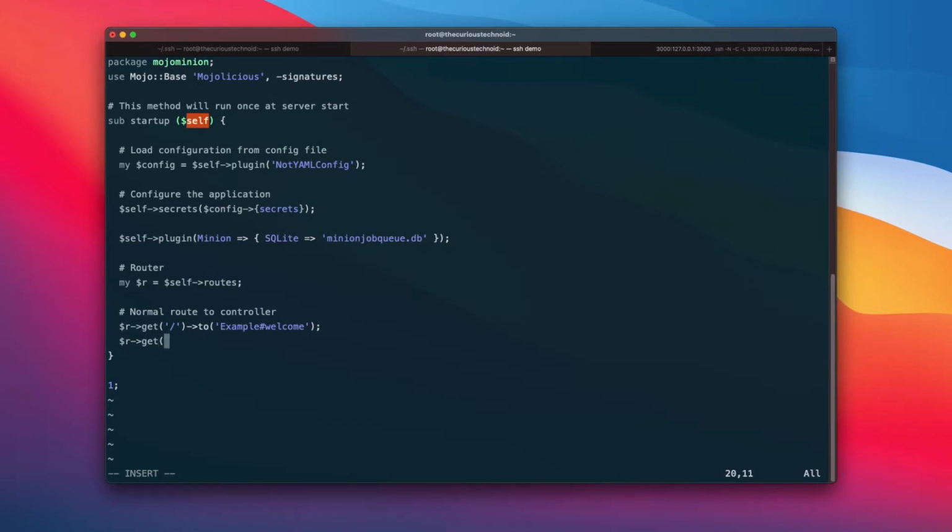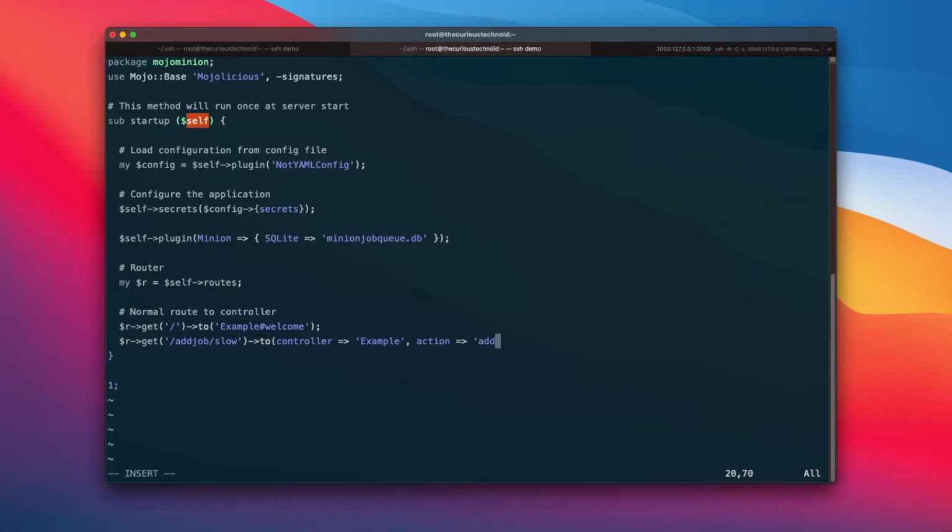Let's create two routes, one to add a slow task and one to add a high priority task. I'll call it add job slow. I will use the default example controller.